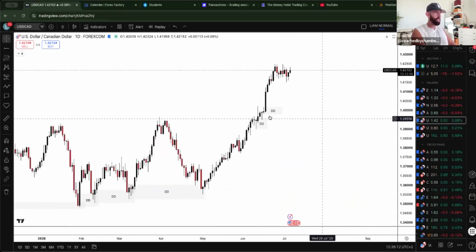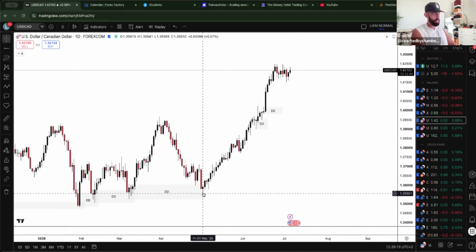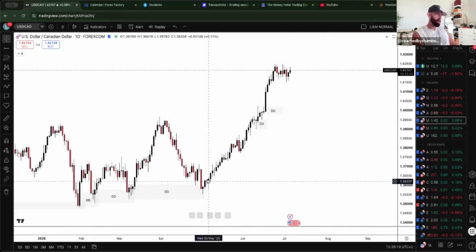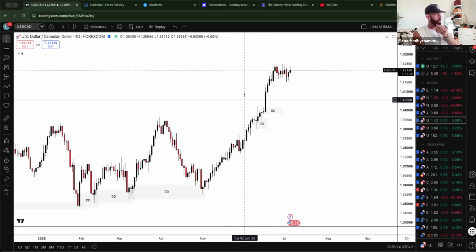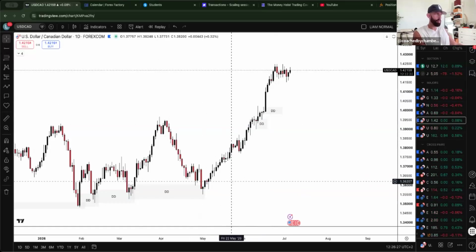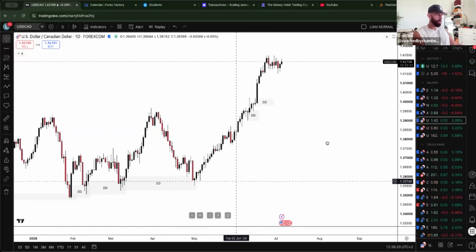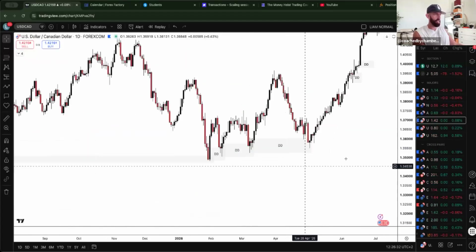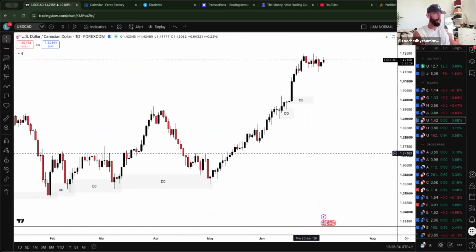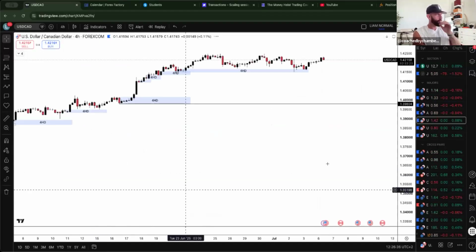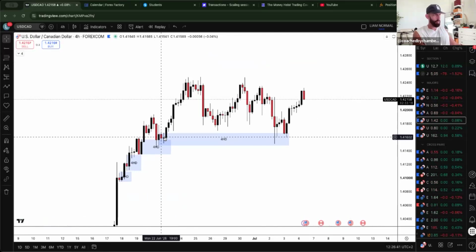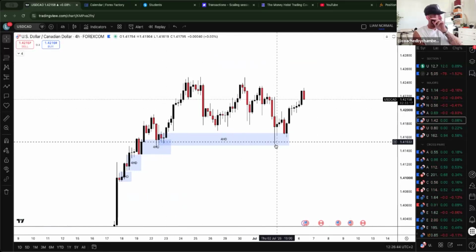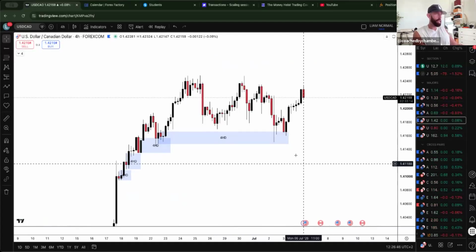USDCAD, I don't like the look of from a daily time frame. I've probably said this for a couple of weeks now, probably a couple of months to be fair. It's been more 4 hour, 1 hour trending, which has been beautiful for the lower time frame. But of course, from a daily, it's not been the best. But we still have called out so many areas, as you guys can see, over and over and over again. But looking at the 4 hour, you can see that we're reacting beautifully from this 4 hour demand area here. That's where market came into and then slowly started to move away.